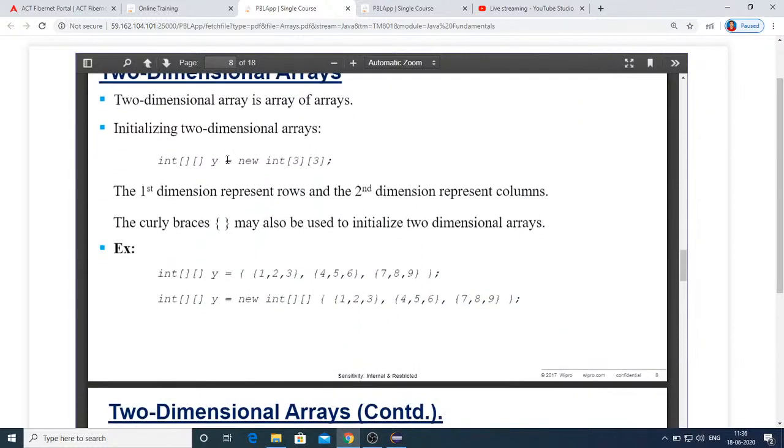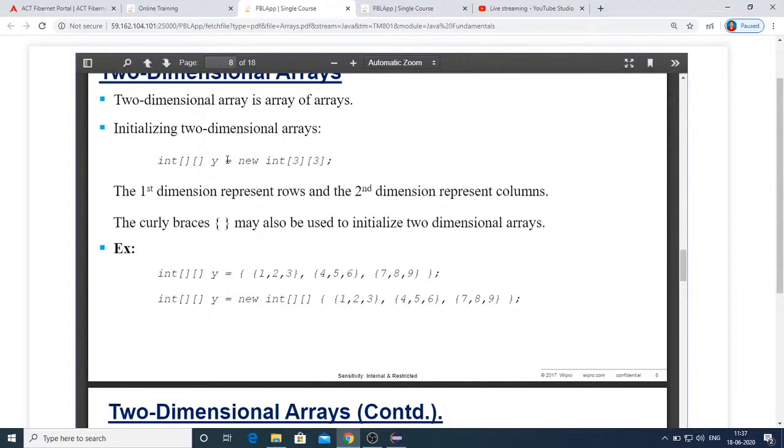And next, coming to two-dimensional arrays. The flexibility with two-dimensional arrays in Java is that you can have each and every row with a different number of elements, whereas in C or C++ you will have all rows with the same number of elements. In Java you can have each and every row with a different number of elements.